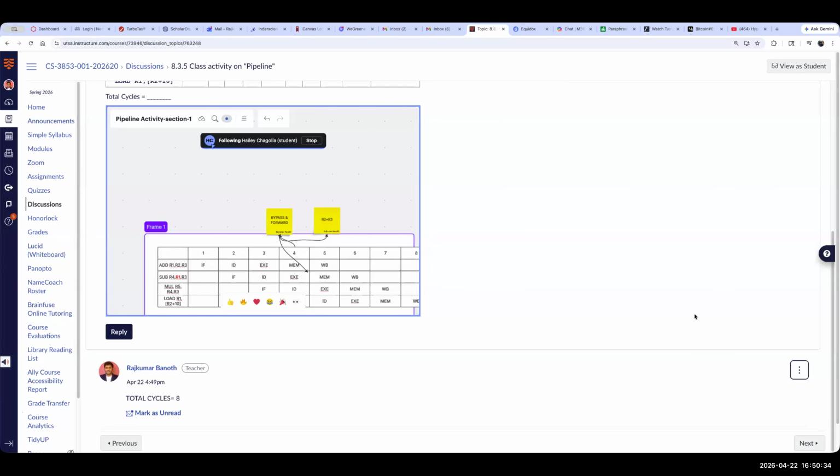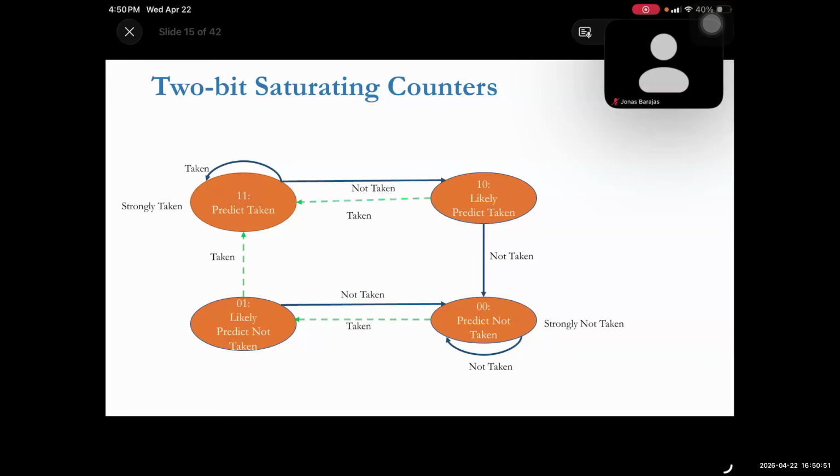So we have one more example if you want. Perfect. So similarly, let's